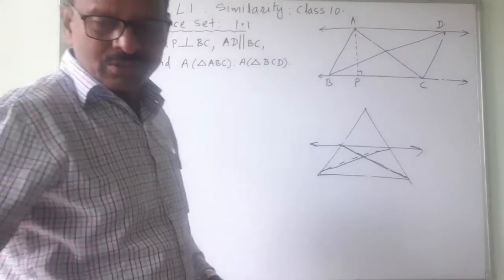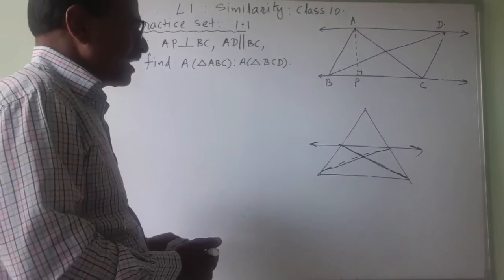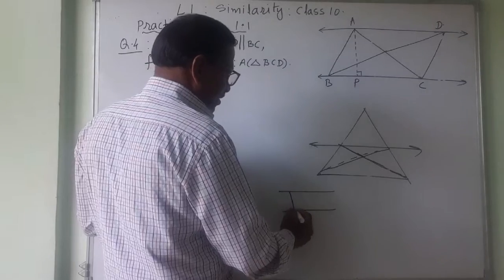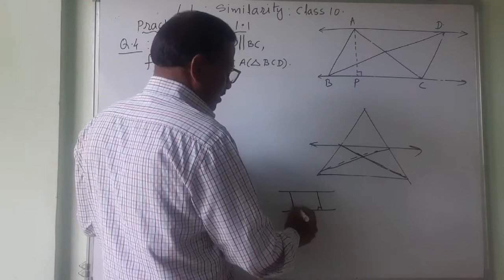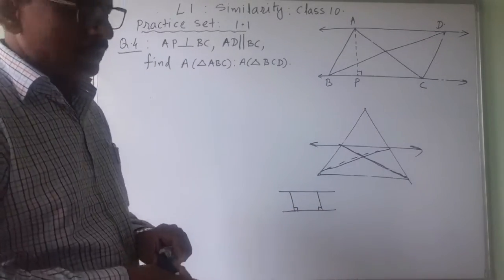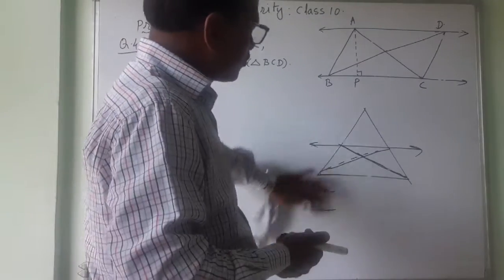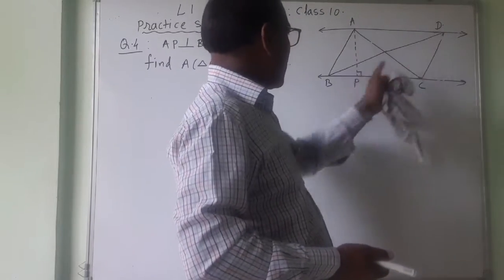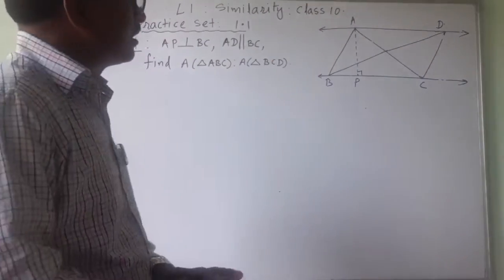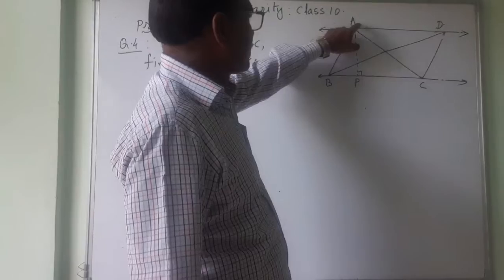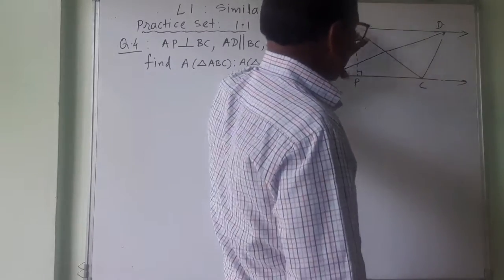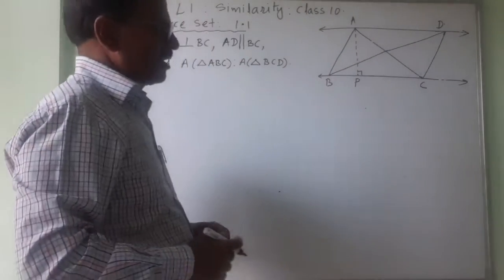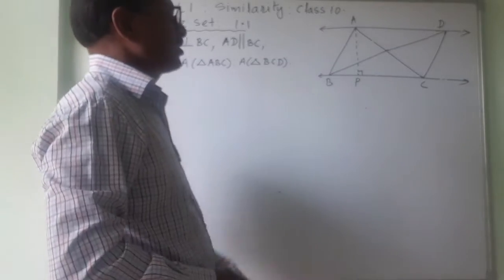If the two triangles are lying in the parallel lines, then their heights are equal, because the distance between two parallel lines, you take anywhere, it is always the same. The perpendicular distance is constant. That's why these lines are parallel. The same concept is used here. If AD is parallel to BC, then the height of this triangle is AP and height of this triangle is also AP. That means these two triangles are lying in the parallel lines, hence their heights are same. Okay, one point is over.